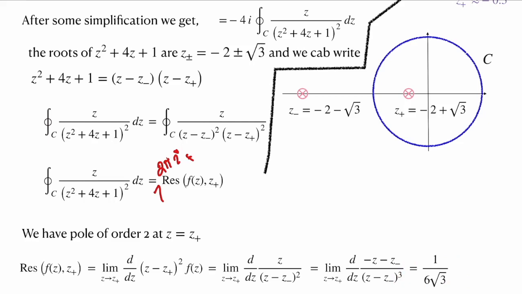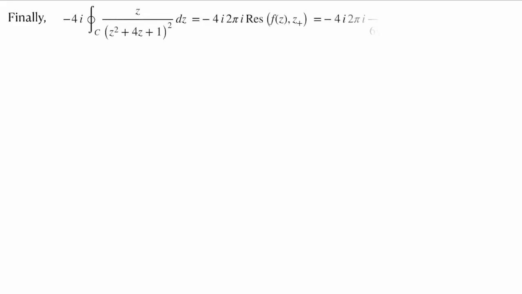It's straightforward to do this calculation. One can simply substitute the function value and evaluate it. And the integral, 4i over the contour integral of z by (z squared plus 4z plus 1) squared dz, is equal to minus 4i into 2 pi i times the residue of f of z at z plus. This is given as minus 4i into 2 pi i into 1 by 6 square root of 3,